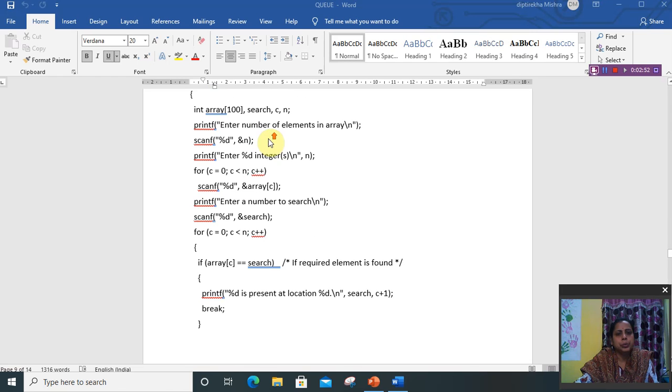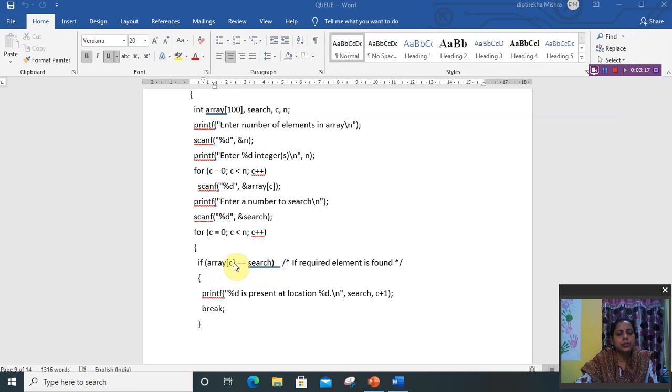Here the key element which the user wants to search in the array is stored in search. Then it will check each element of the array to see whether it found the key element or not. First it checks array 0, at the first location of the array.